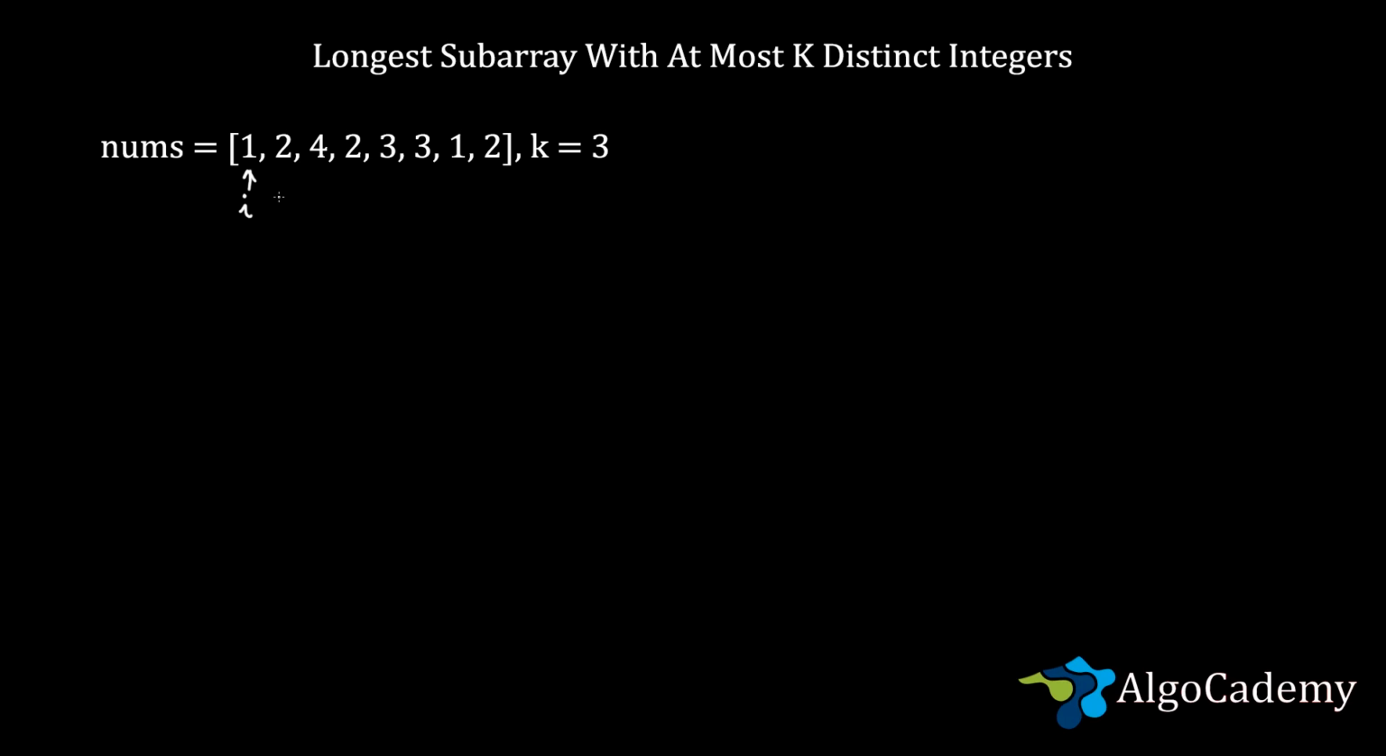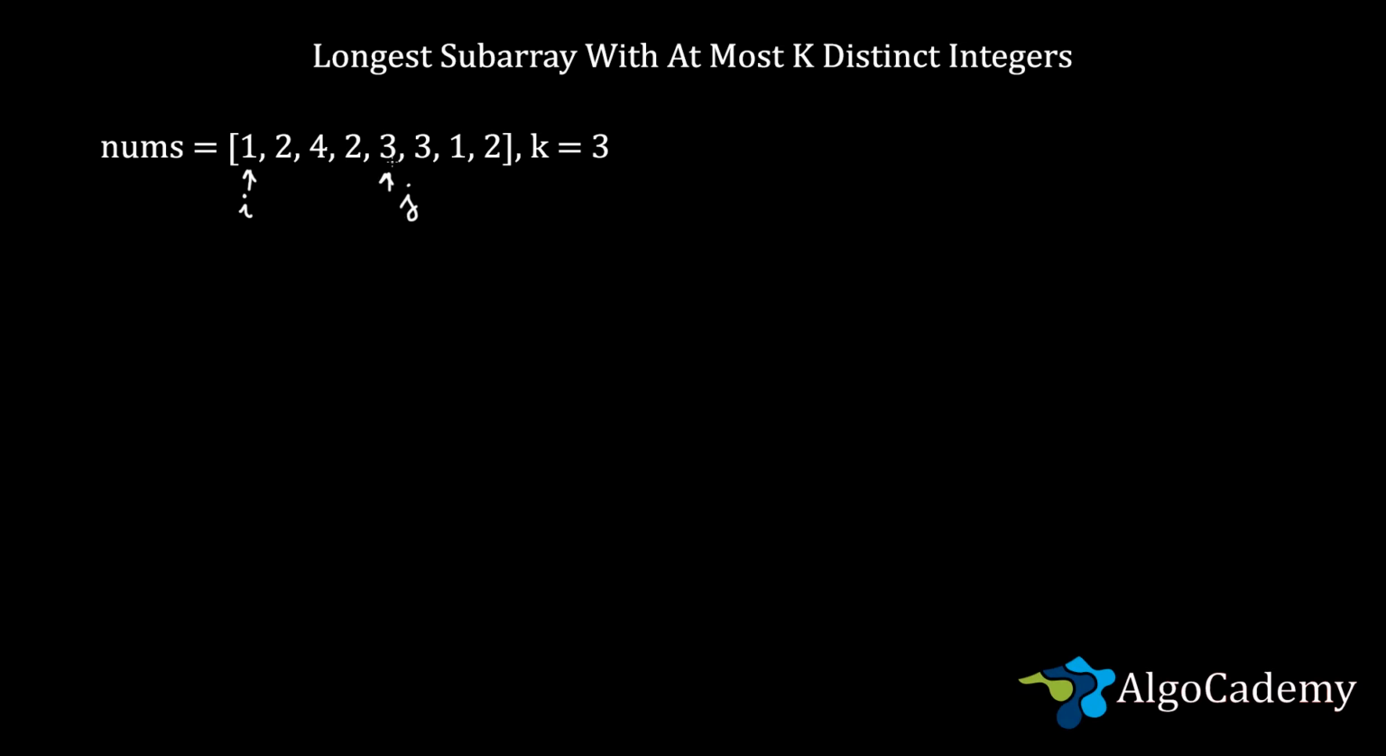I'm going to increment the j. So j is going to be here. I have two distinct elements, still good. Our k equals 3. Then I'm going to increment the j again. I have this subarray, 1, 2, 4, 3 elements, everything good. Increment the j. I have this subarray, 3 elements, everything good. Increment j. And I'm going to have this subarray, 1, 2, 4, 2, 3, where unfortunately I have 4 distinct